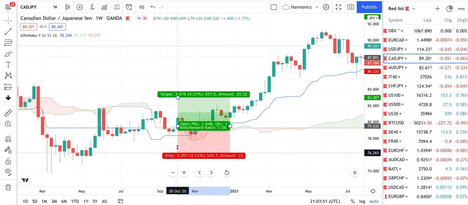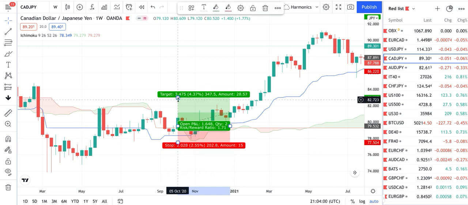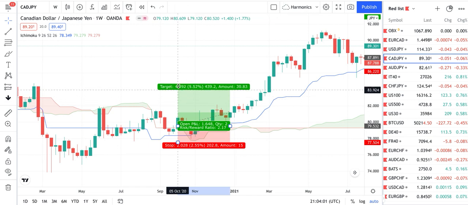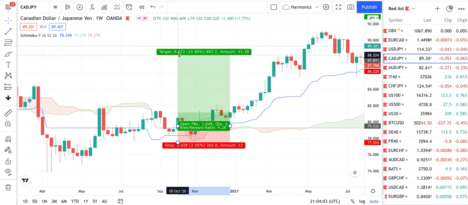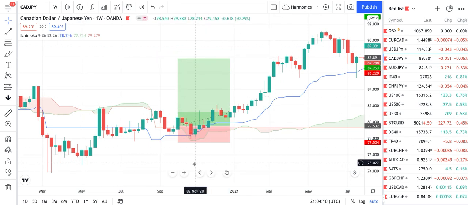and your stop loss would have been below the blue line somewhere around here. On weekly charts, you do want to give yourself some leeway or some margin, and you would have gone for, I don't know, maybe 4:1 ratio. The only problem with the weekly chart that you're going to have is you're going to have your